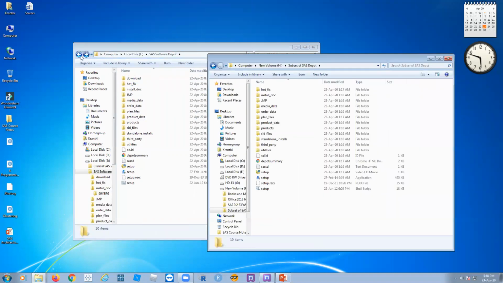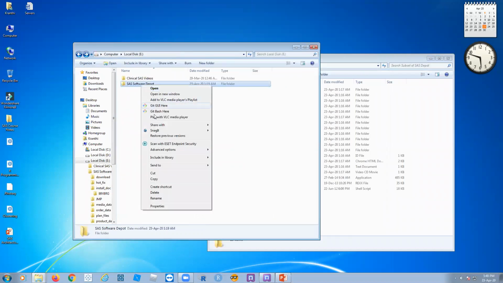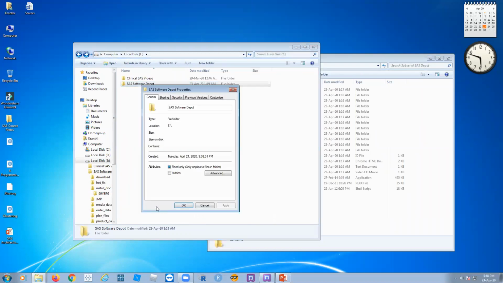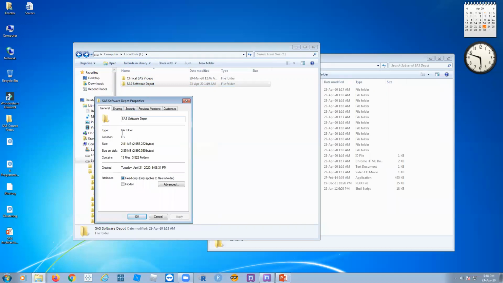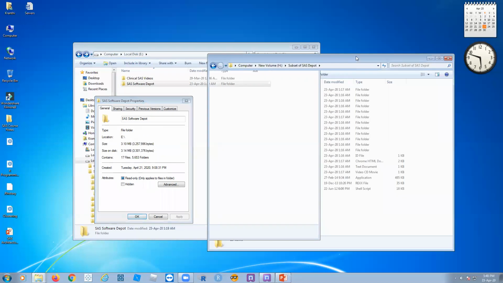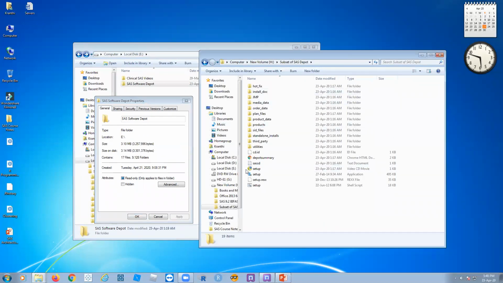Okay. Actually, what is the total size of the software? Here it is around some 48 GB or something. It means it's a complete SAS software depot we purchased. Okay, around some 45 something. But I deployed this one. I deployed based on my system, whether it is 64-bit or 32-bit or Windows Server or Windows Workstation or Linux.